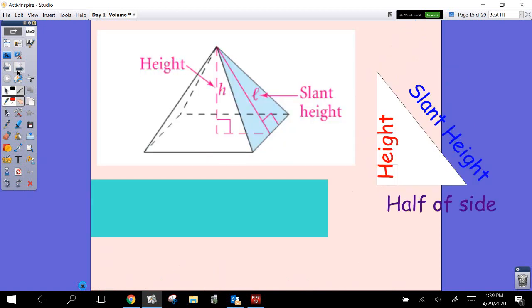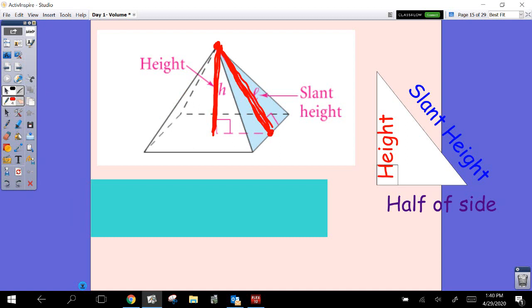So some things you need to know about a pyramid are a pyramid has a height, and the top is called the apex, I believe. From the apex to the center of the base, that is called the height. And then this, we call it L, is the slant height, which is the apex to the midpoint of a side. So I always think of the slant height as if you were to slide down the pyramid. You don't want to slide down this pointy side because that would kind of hurt your rear end. So we always want to slide down the middle. All right? So that's called the slant height. It's the apex all the way to the midpoint of the